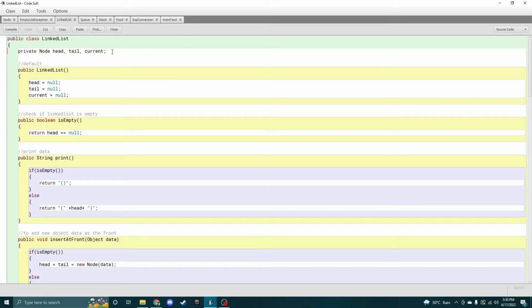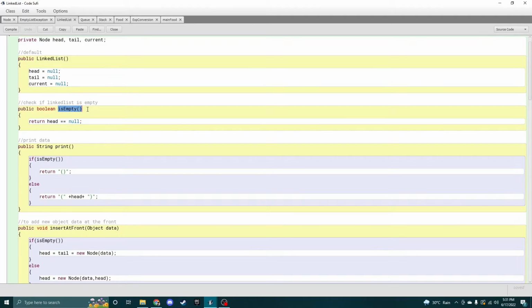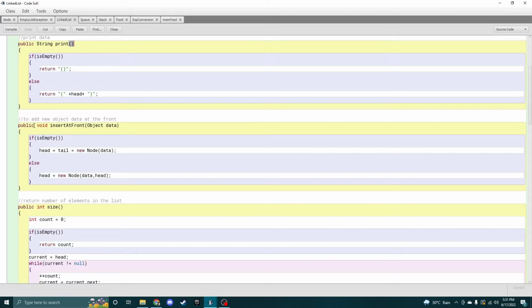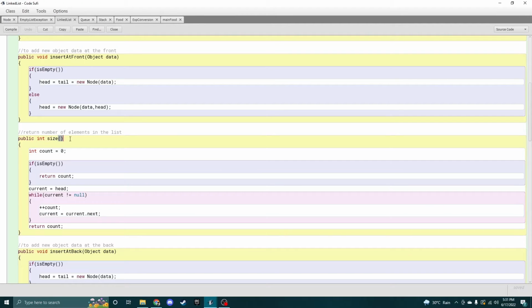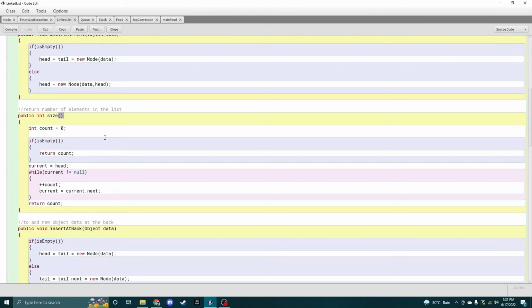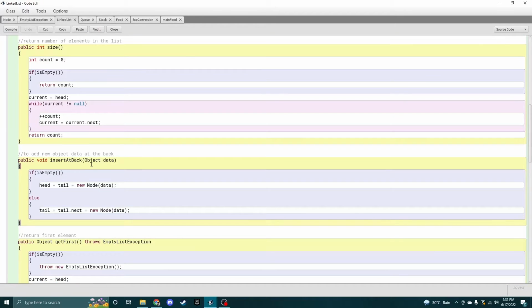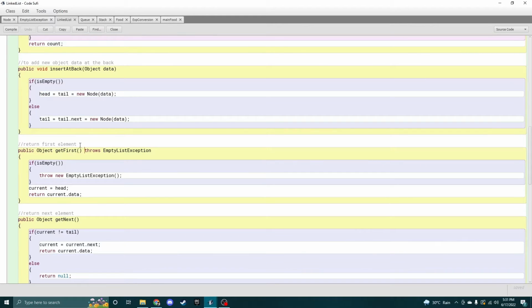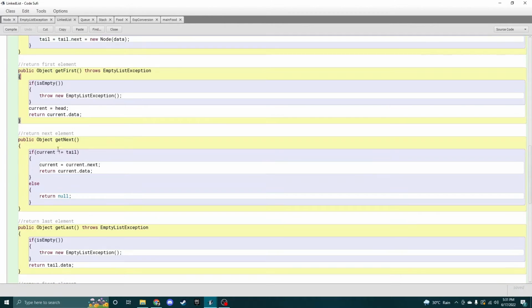Alright, so the next class is linked list. In this class there is a default constructor, and then there is an isEmpty method, the purpose of which is to check if the linked list is empty, and then a print method to print data, and then an insert at front method, which is to add new object data at the front of the linked list, and then a size method, which is to return the number of elements in the list, and then an insert at back method, which is to add new object data at the back, and then the get first method, which is to return the first element, and then the get next method, which is to return the next element in the linked list,